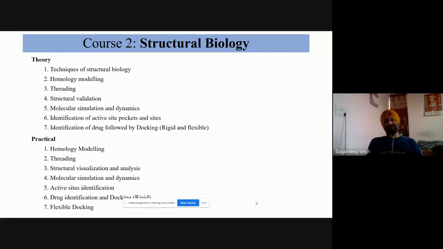Okay. First of all, what is structural biology? Means I'll give you a brief introduction about structural biology. Right now we are facing this pandemic of corona. Which protein is related, what is the active site of that protein, which is basically receiving or interacting with that virulent protein of corona? If we can identify that protein in corona, maybe we'll dock the active site of that protein, so that any molecule that comes from this virus may not be able to bind that particular site. But there are various parameters.